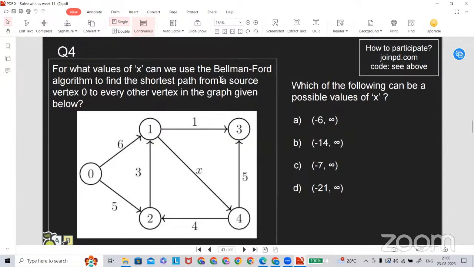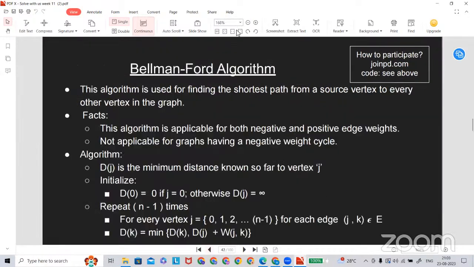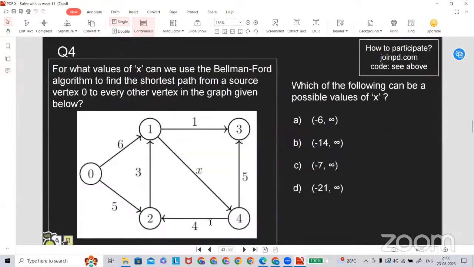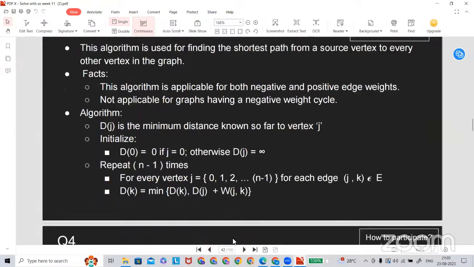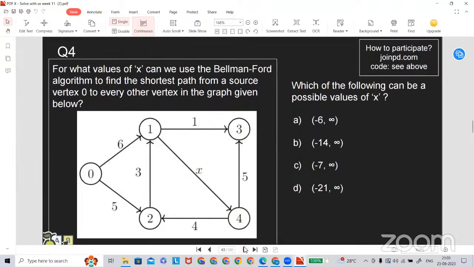So can you just move to the previous page, sir? Just a minute. Thank you, sir. So I have seen somebody posted the answer. So